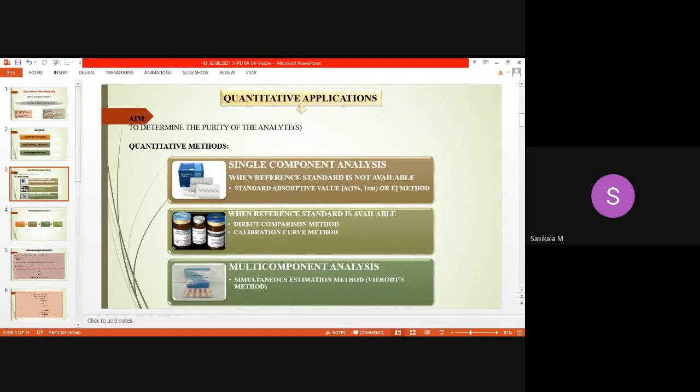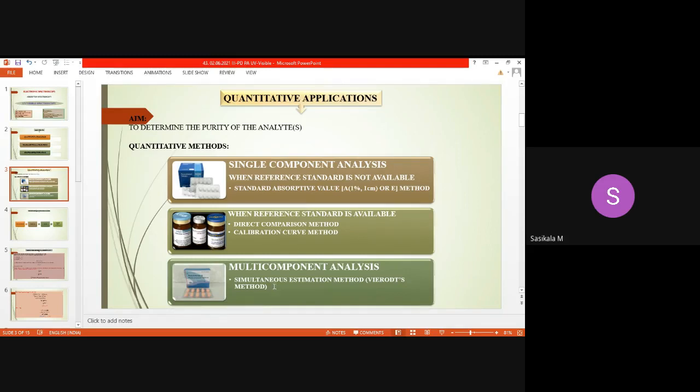This also you will be performing in the lab. I'll be explaining during that time. So with the example, if I'm explaining, then you will understand better. So all these methods we'll be discussing in the practicals, and you will be performing them also. If not, then I will give a demo on all the calculations and experiments.